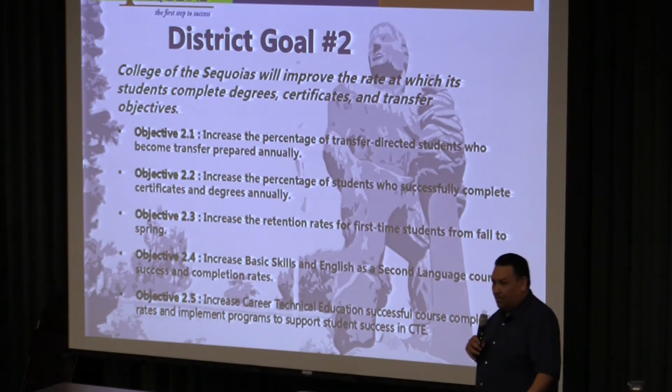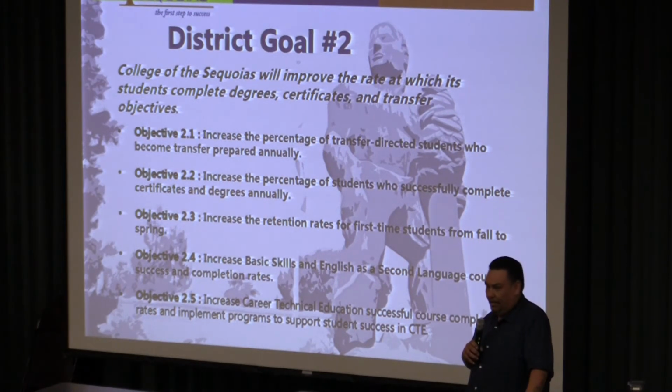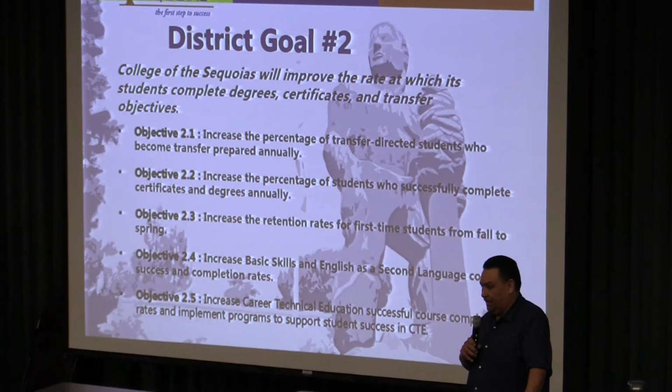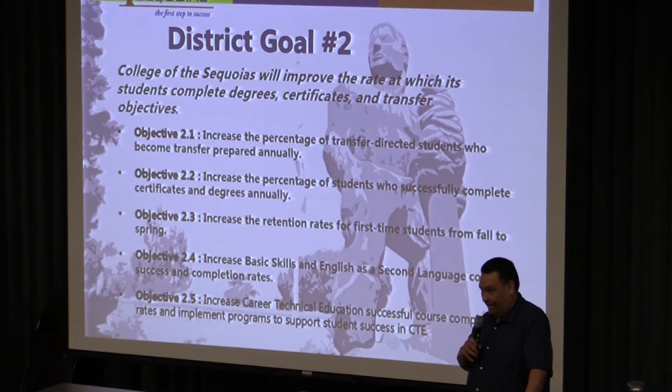2.5 has to deal with career technical education programs. There has been an increase in attention on these programs really based on the student success and support program. We need to look at how we can improve the recent decline in the percentage of students who completed career technical education programs here.